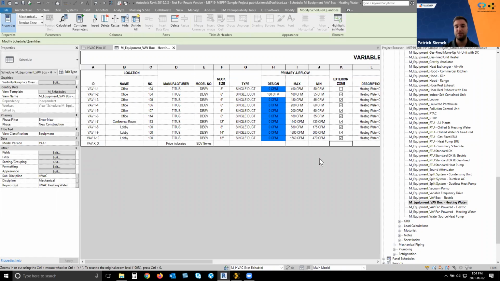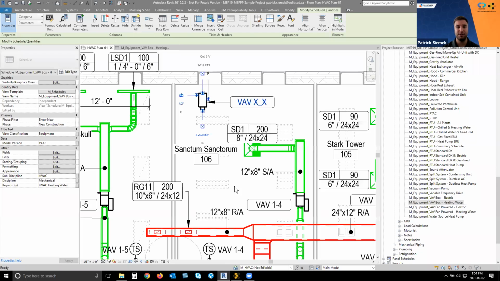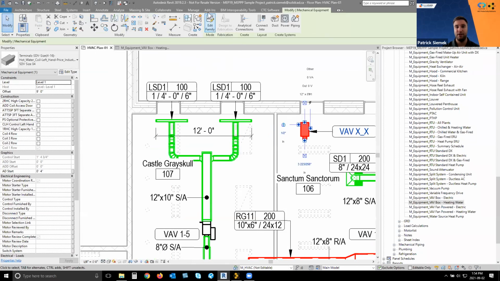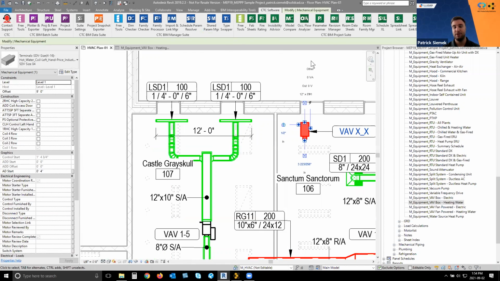So what we can do here is use what is called the parameter jammer tool. If I just go back to my floor plan here, going to my CTC tools. As a Revit end user, we have the BIM project suite. It's going to be a lot of these green tools that we'll see at the top, and the one we're looking for is the parameter jammer. I want the information to be modifiable or to be extracted from the actual family to work within my schedule. So what the parameter jammer will do when I open the tool up here,